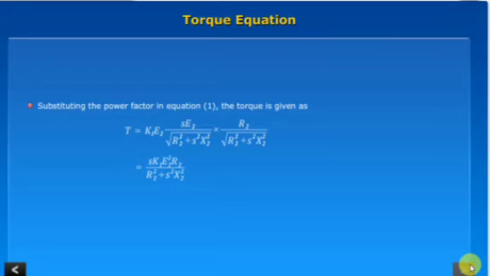Condition for maximum torque under running. Treating s as a variable, differentiating T in equation 2 with respect to s and equating to 0 yields. On simplification, the condition for T to be maximum is obtained as. The running torque is maximum at a slip given by